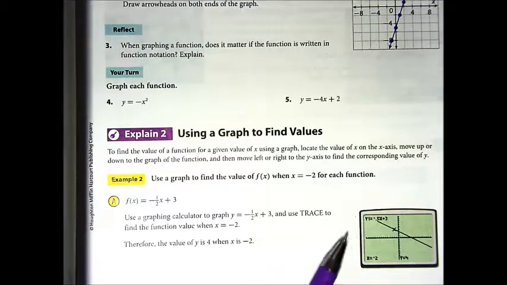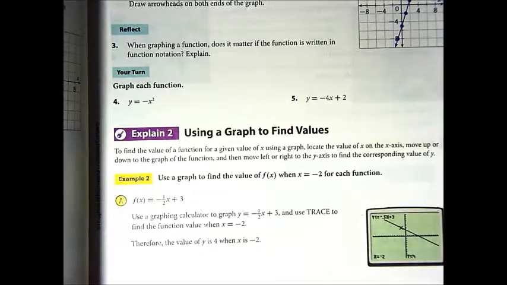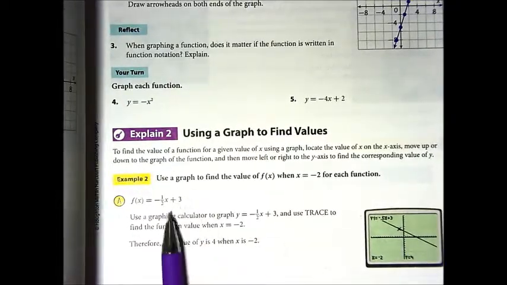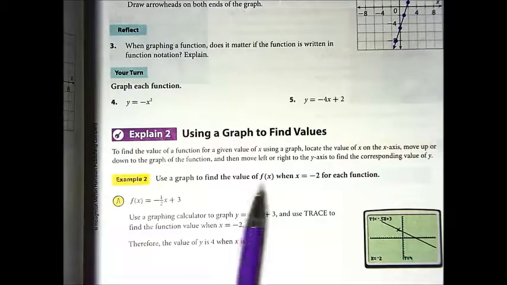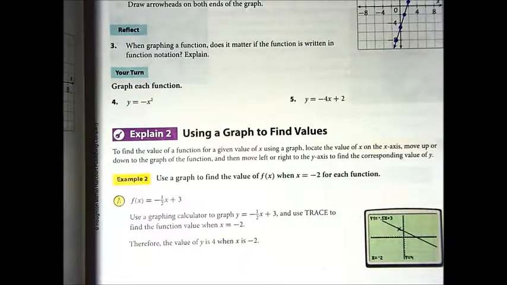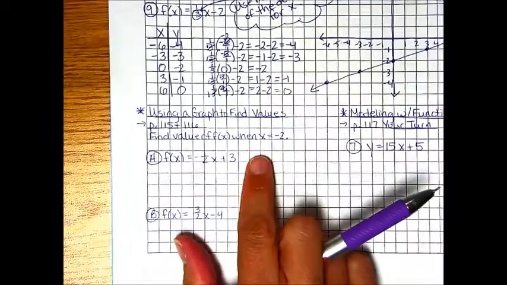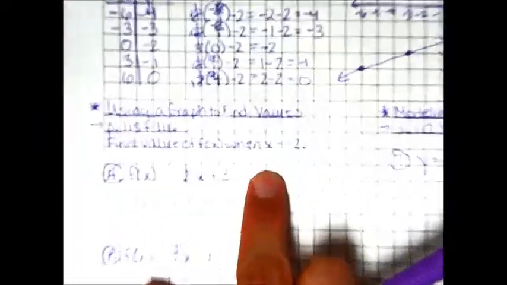So the calculator has some cool tricks that we kind of looked at in class a little bit, and those are useful. But when we don't have a graphing calculator and you have problems where you're given a function and it says find the value of this when x equals -2, we're going to show you the way to do it by hand. If you see something that says find the value of f of x when x equals -2,